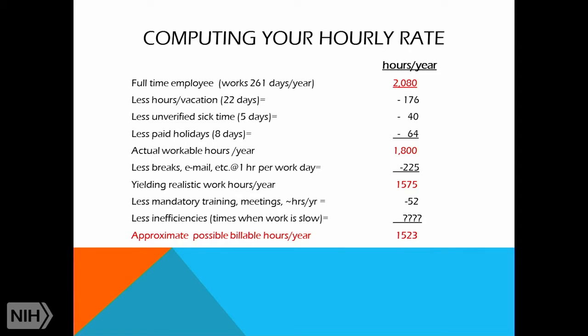So we call those times when they're just not busy. Maybe they're helping by backing up another coordinator. Maybe someone needs a second set of hands, or maybe somebody else has 2 patients scheduled and they have to run between rooms, so they can have another coordinator that's not busy helping them process. So there are inefficiencies, but we're not dealing with them here. We're just going to leave it at that. So 1,523 hours is the approximate billable hours that a single person can have in a year.